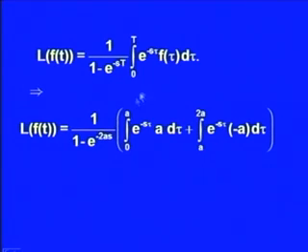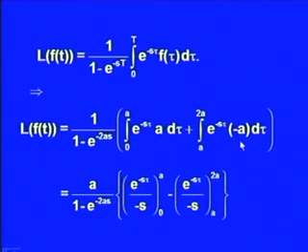In the integral over 0 to a we use the definition of f is equal to a in this part of the interval, and in the interval a to 2a function f takes the value minus a. So, we have put those values of f, and then we integrate e to the power minus s tau. Integral of e to the power minus s tau with respect to tau gives us e to the power minus s tau over minus s, and so when you put the limits 0 to a here and a to 2a here, what we get is the following: